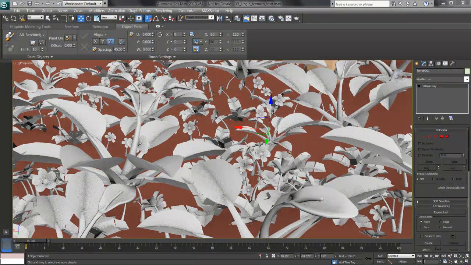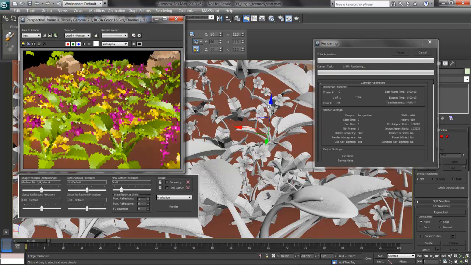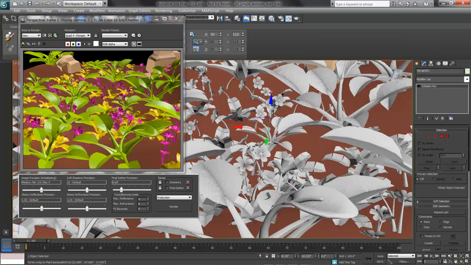In this video, I'll look at getting some textures back in the plants. Right now they're all shading gray, and they're going to look a little too uniform if we render. For example, if I click on the Render Production button, we'll get a quick render of, well, an interesting colored jungle. There's a difference here between what displays in the viewport and what actually renders, based on the colors we've